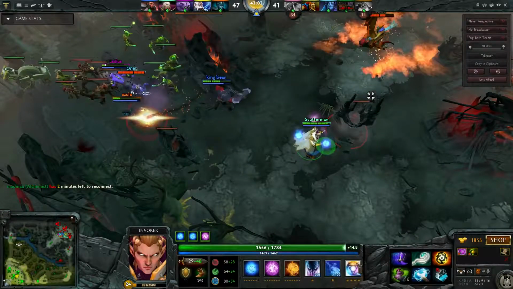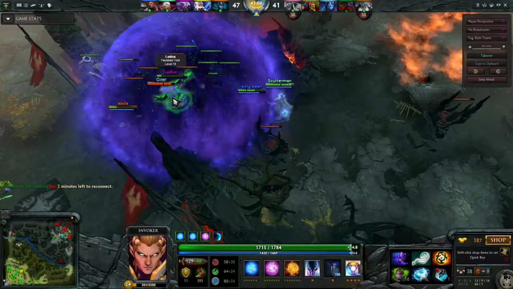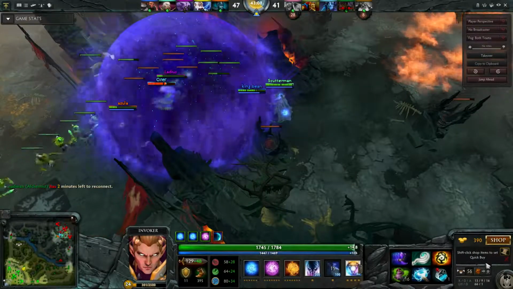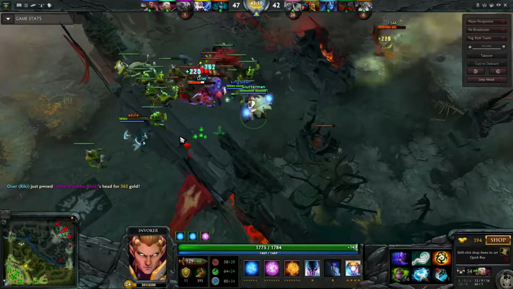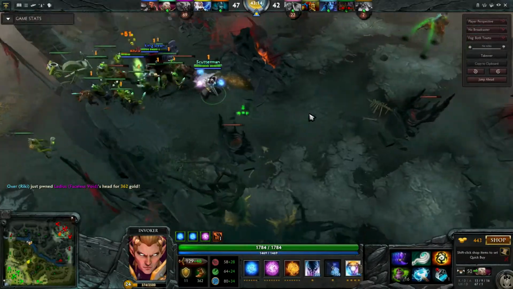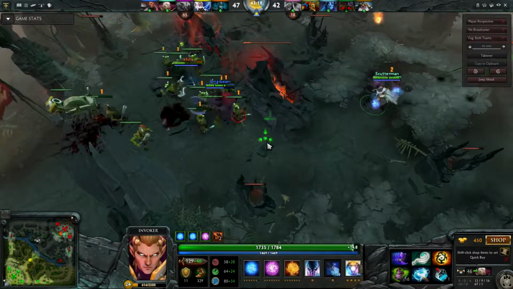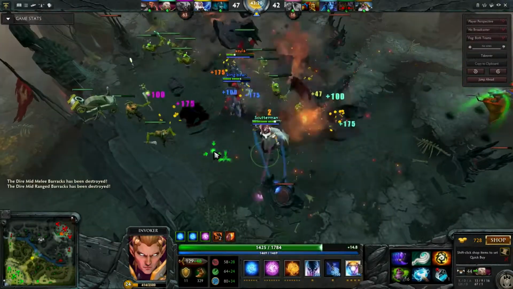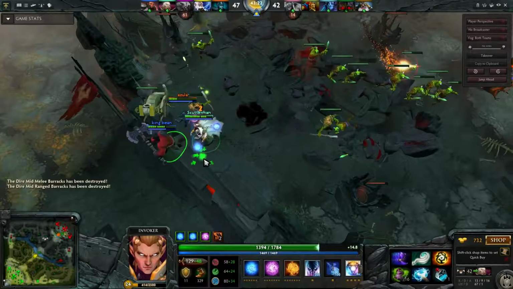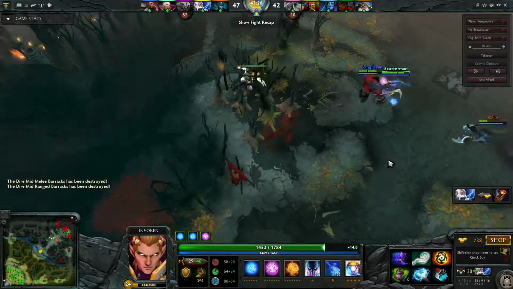Bat Rider is coming back in, so I'm just going to use my cold snap on him. I got slightly too close there. I could have done a lot of damage if I had stayed back a bit. Ricky got the Void, and that's kind of... I don't know, I mean, Void had already used his Chronos, so it's not terrible, but...